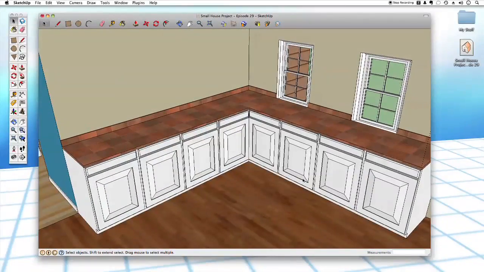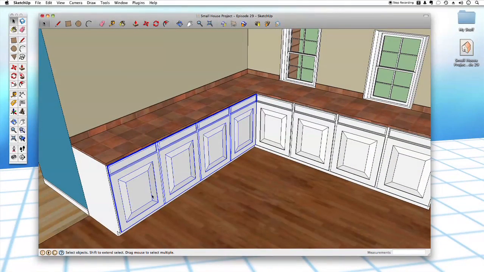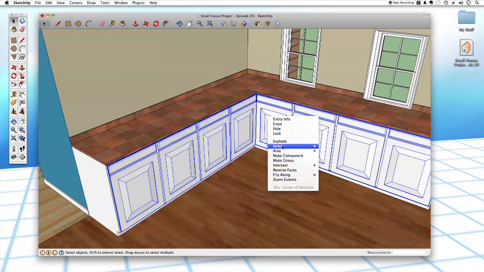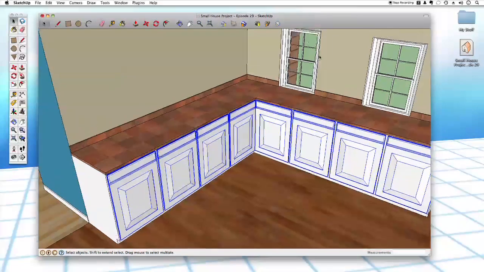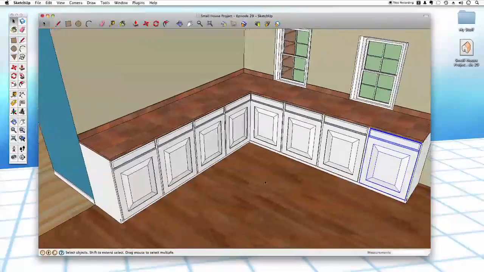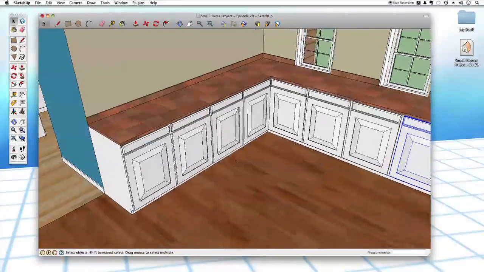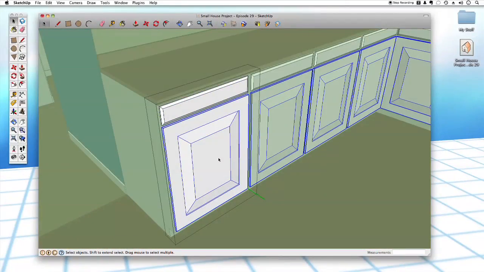I like it. So now the last thing I'm going to do here is go ahead and ungroup. I'm going to select these groups here and I'm going to explode them. That way the cabinets are now individual cabinet faces again. It keeps it a little bit easier to drill down if I were to need to do something to them later on. And speaking of which, remember how we made them a component? Let's say we want to change something about them in the future. All I have to do is double click in one